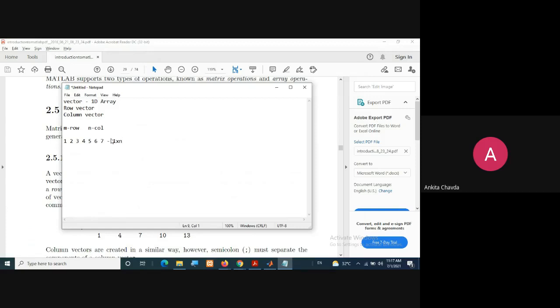Now if I'm having my values like this, this is known as a column vector because my values are arranged in a single column. So here the dimension could be M cross 1, because I'm having multiple rows but a single column. Fine?